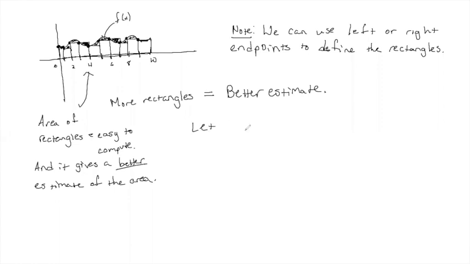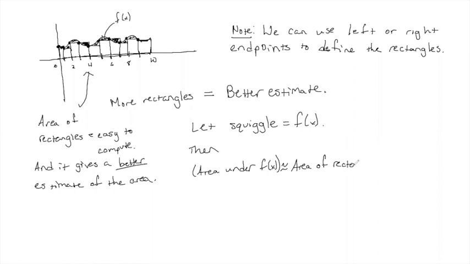Now, if we let the squiggle equal f of x, then the area under f of x is approximately the area of the rectangles. And that is equal to the sum of areas of each rectangle, right? If I'm looking for the area of a bunch of rectangles, I can just take the